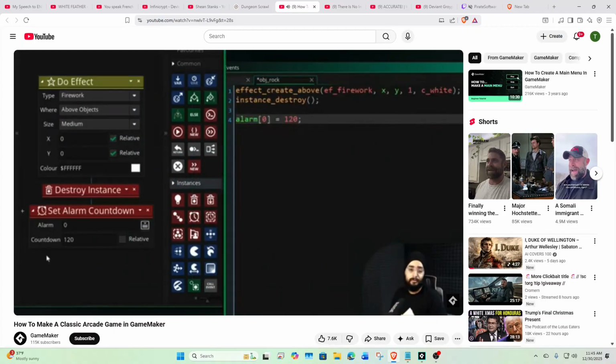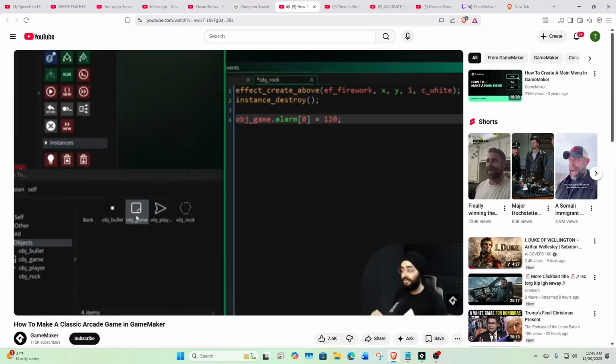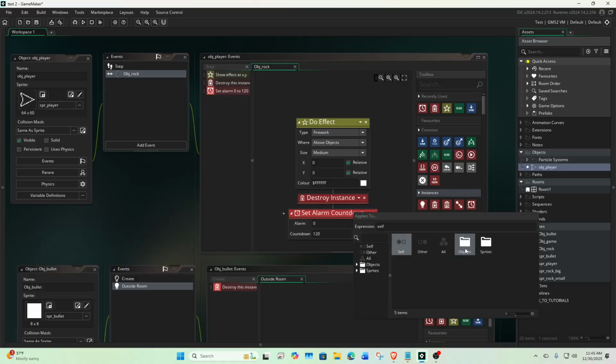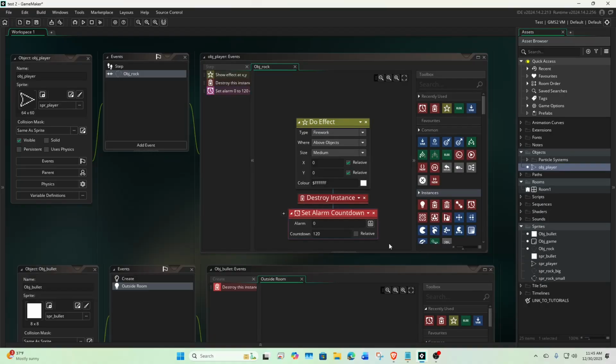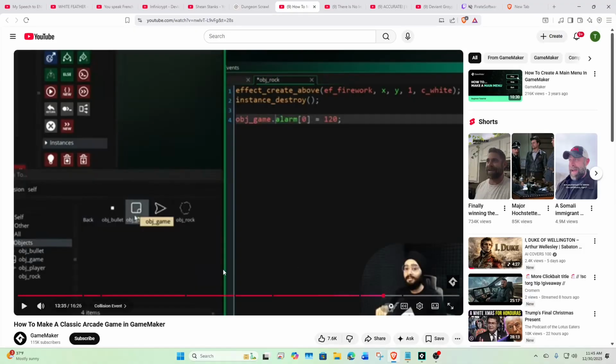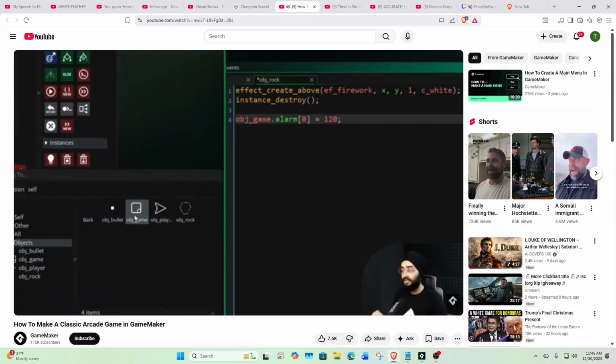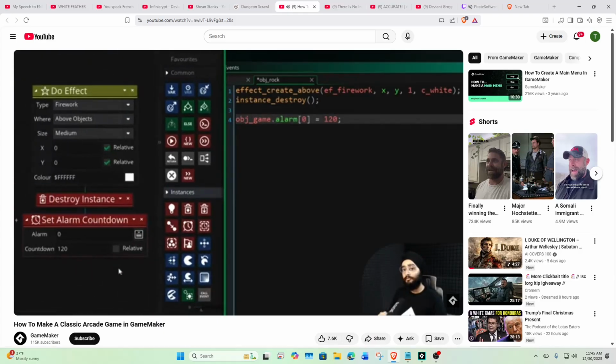But this by itself won't work because we are destroying the player, and an instance that doesn't exist can't run an alarm. So instead we apply this to OBJGame, and that object is going to run the alarm